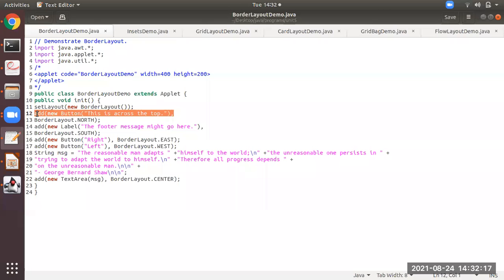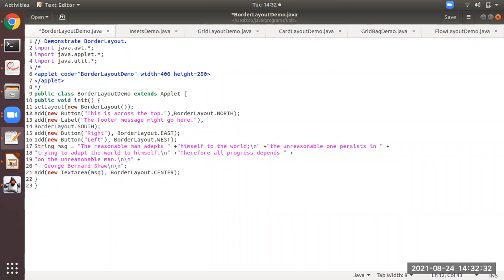After that, what we are doing over here, see here. Just recall the concept of button. Okay, you are creating a button. Sorry, you are just creating a button first of all. This is in the first one line only. So first you are creating a button. You are adding this button.